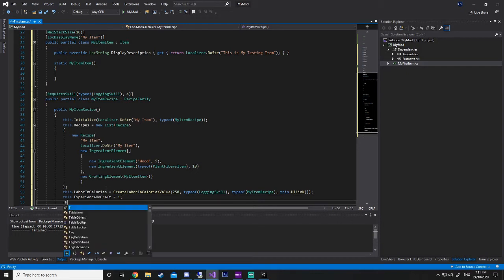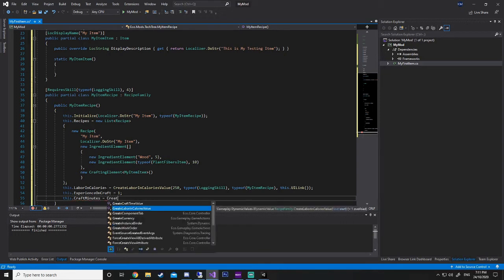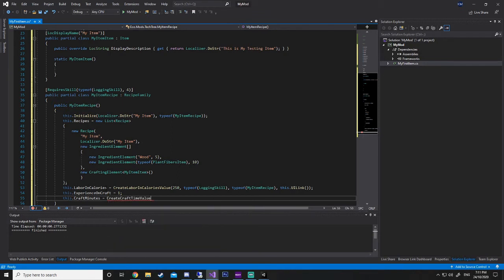The next thing we're going to do is add in craft time. So craft minutes, and we're going to go create craft time value.